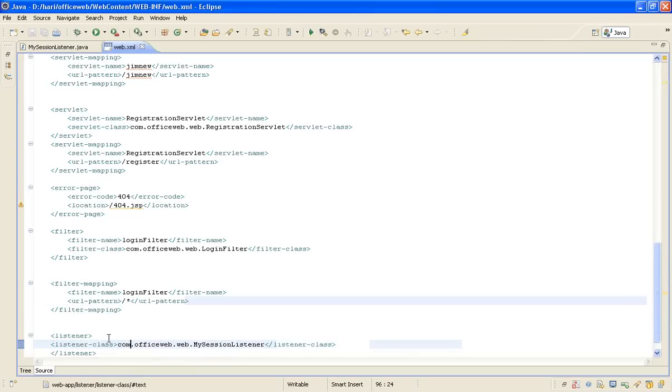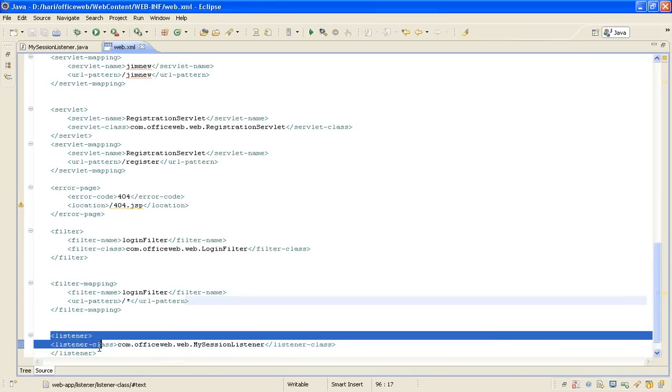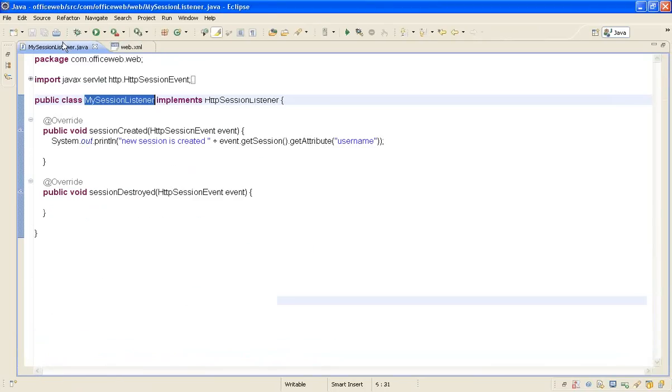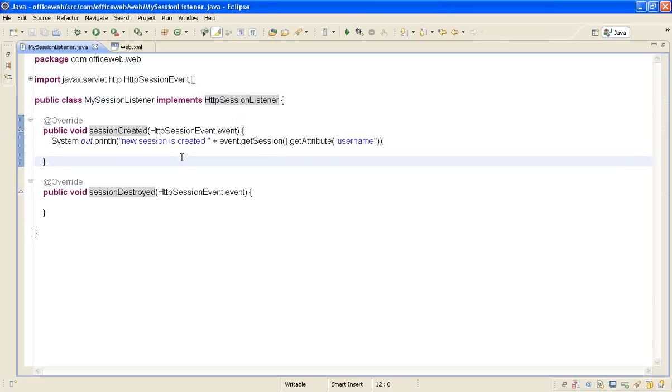This is how we add a listener. In web.xml, we say that we have a listener and a listener class. And you write your custom listener, and in this case, I implemented HTTP session listener. Here the listeners will be listening to some particular event